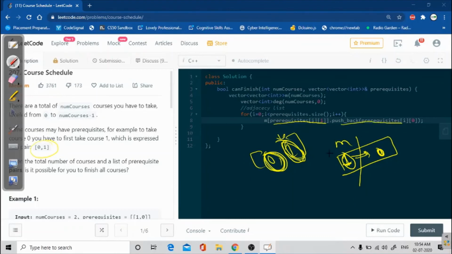And we are going to count the degree of each node. So what we'll do, we'll just add degree here. Let me show you that.